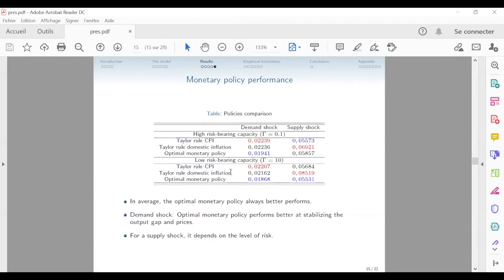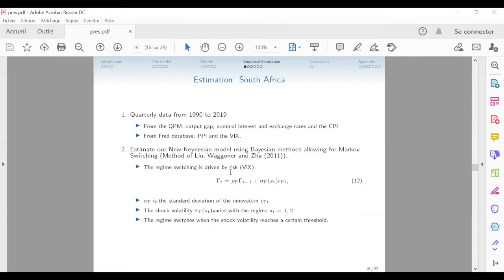So to conclude this slide, from our theoretical results, clearly the optimal monetary policy is better able at stabilizing the economy in a risky environment after shocks. But now let's see what happens in South Africa. As I told you before, we here estimate a Markov switching model. So we use quarterly data from